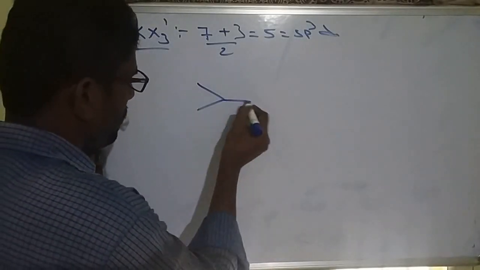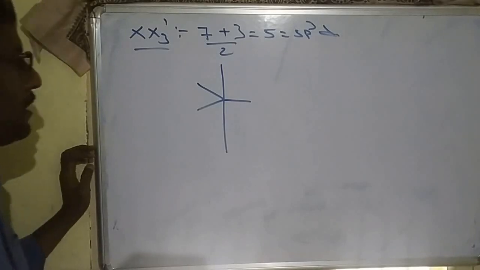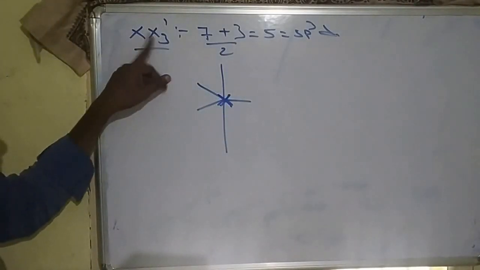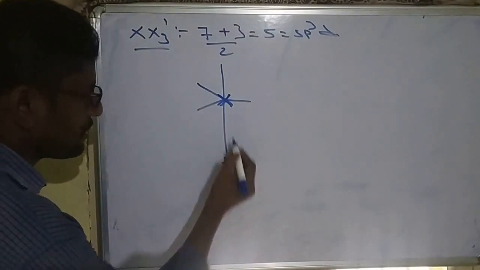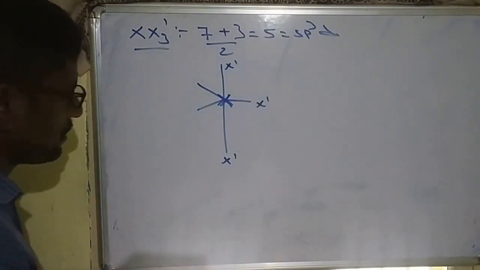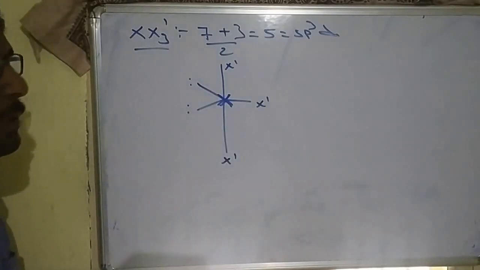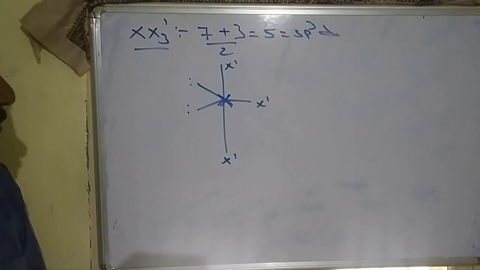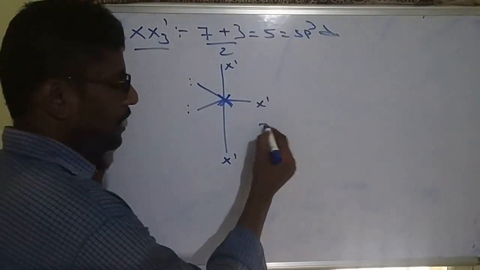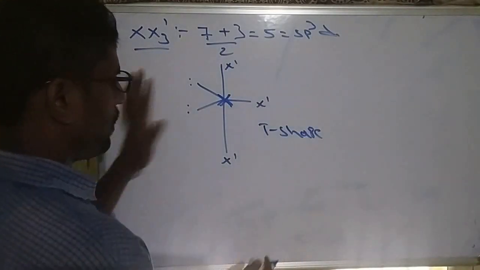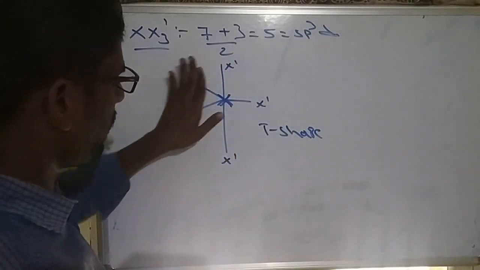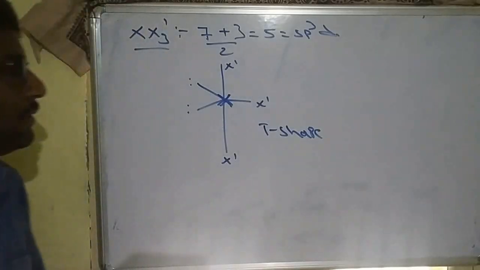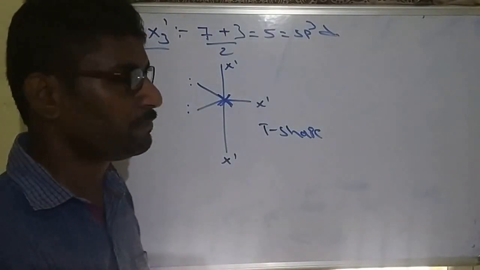It should be like this. This is the geometry. The central atom is a big size halogen and the surrounding atoms are small size X'. Here no atom means lone pair. So there are 2 lone pairs and 3 bond pairs in the XX3' molecule. So your shape is called T shape, because it is similar to a T. Lone pairs do not form any bond, so the bonds exhibit T shape. Like that we can calculate any molecule.